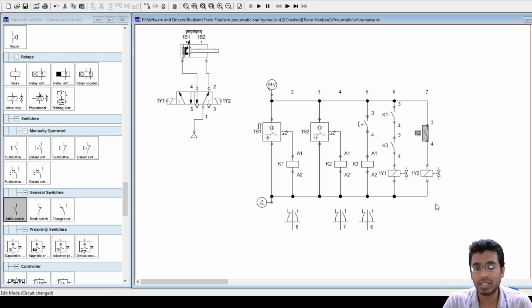So the entire switching is actually non-contact type. You must have studied this during your sensors course, right? Ultimately it will give a signal, but that signal will be obtained without any contact. So that signal is actually captured by this K2 relay.